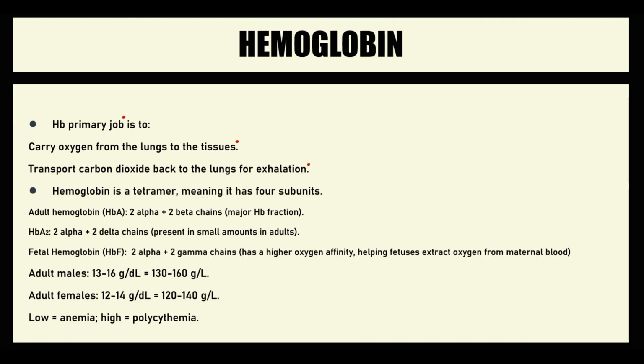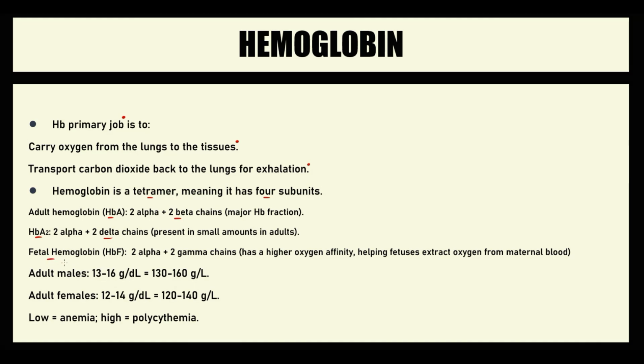So any hemoglobin molecule has 4 subunits, but these subunits can be different. Alpha subunits are the same in any hemoglobin molecule, but some hemoglobin molecules do not have beta subunits. For example, even in normal condition, we have a small fraction of hemoglobin A2, which is composed of 2 alpha and 2 delta chains. This fraction of hemoglobin increases in beta thalassemia.